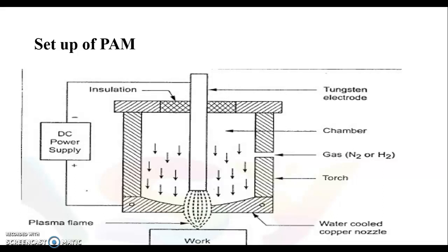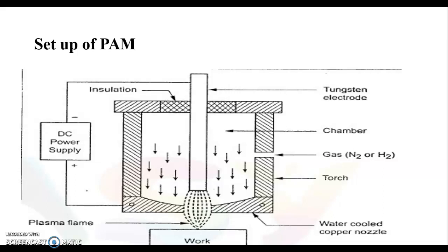Here the plasma cutting torch, as shown in figure, carries a tungsten electrode fitted in a small chamber. At the other end of the torch is a small converging orifice called a nozzle. One side of the torch provides a passage for supply of gas into the torch. The electrode is connected to the negative terminal of a DC power supply and therefore acts as a cathode. The nozzle is made anode by connecting to the positive terminal of the power supply through a suitable resistor.